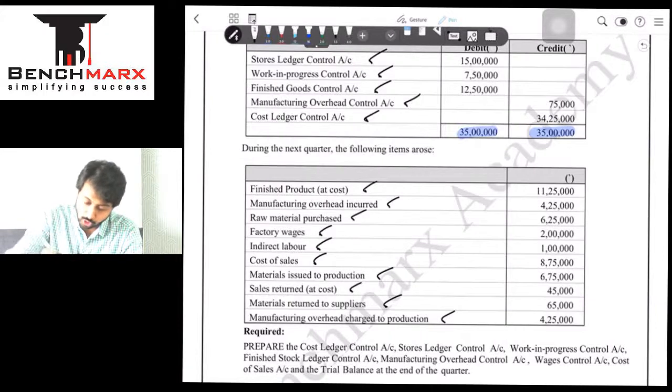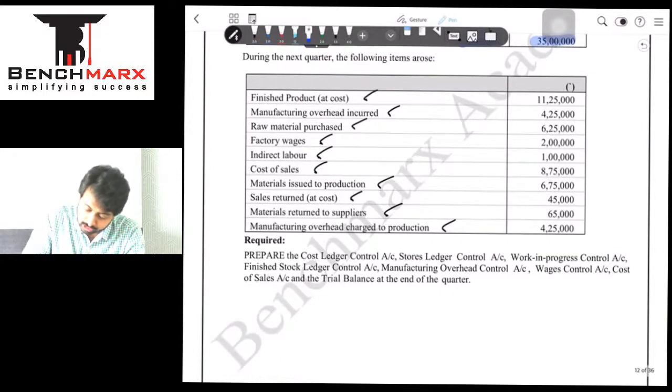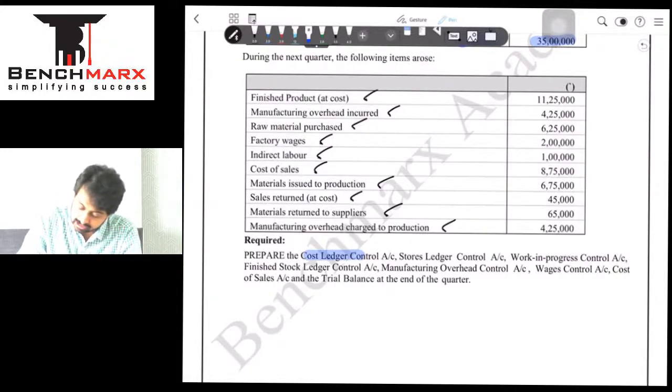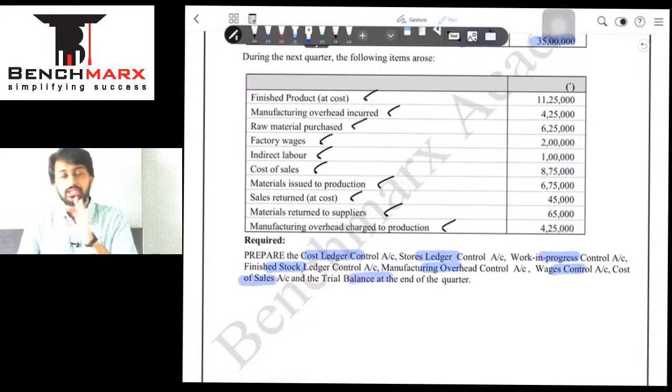ठीक है. Prepare all these accounts. So prepare a GLA account. The cost ledger control account is also called a GLA account as we have solved in the classroom. SLC account, WIP account, finished goods account, overheads account, wage account, cost of sales account and the TB at the end. So pretty much all the ledgers have to be